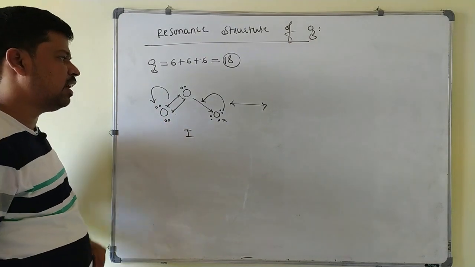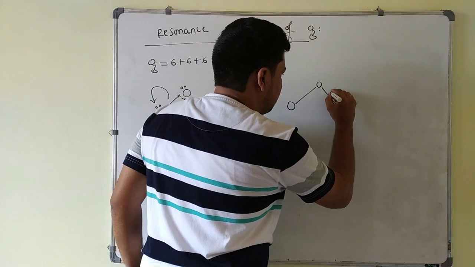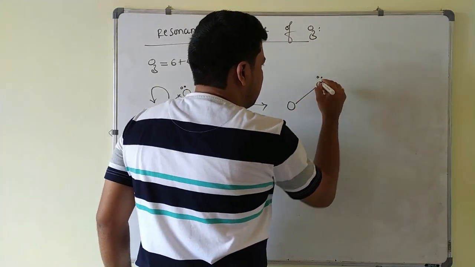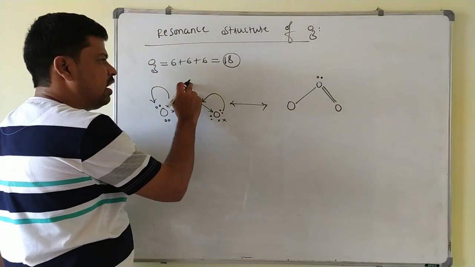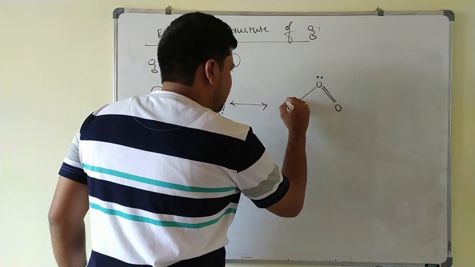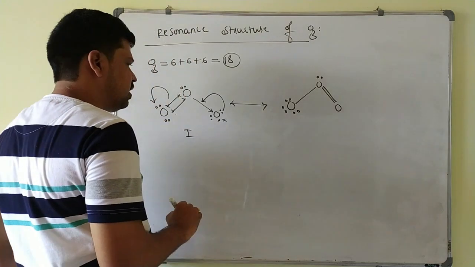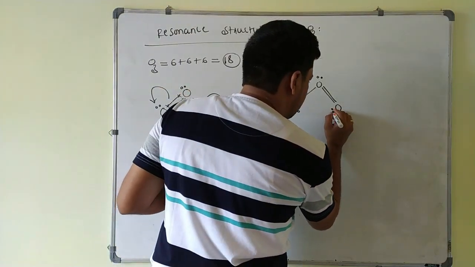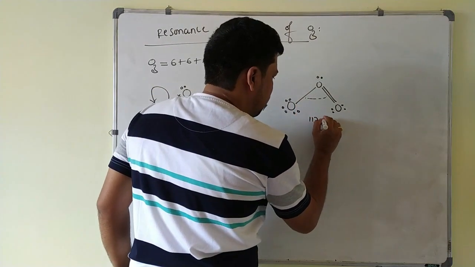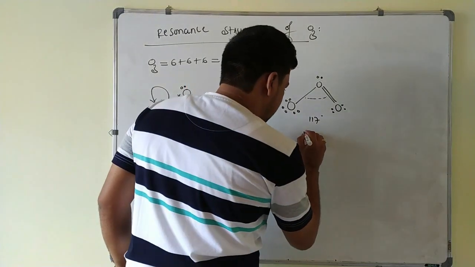Here you will get 6 electrons. This is the oxygen connected by the single bond, and this will be connected with a double bond, like this. And here 1 lone pair of electrons stays as it is, on the central atom in ozone. The single-bonded oxygen will have 6 electrons, and here you will get only 4 electrons. Here the bond angle will be around 117 degrees. And this is the second structure of ozone.